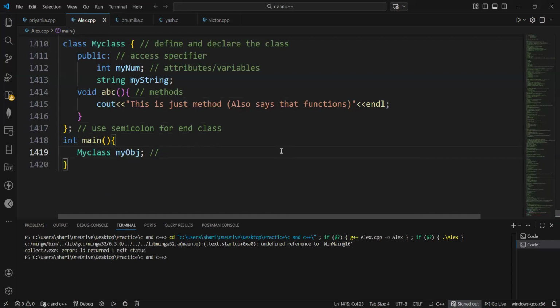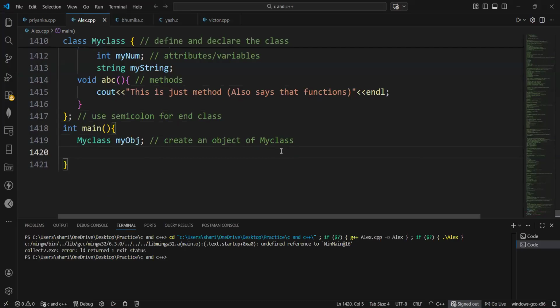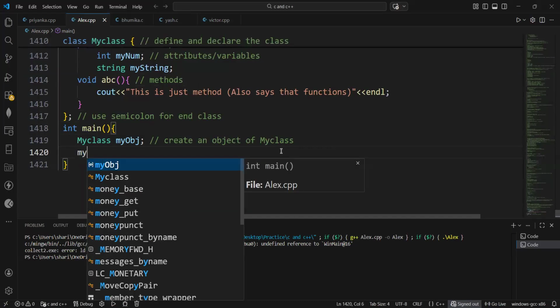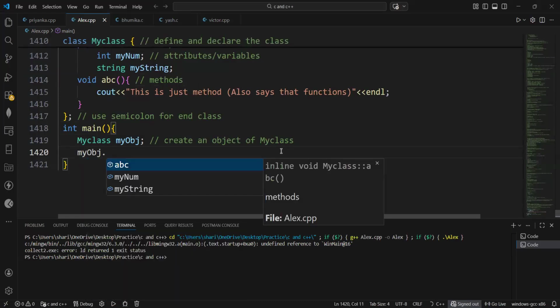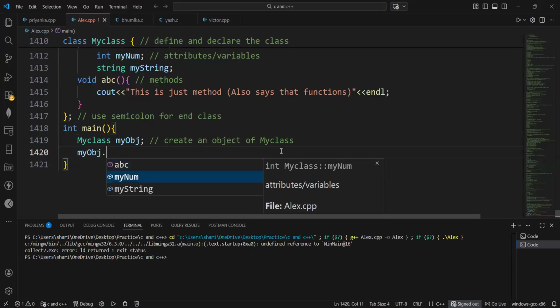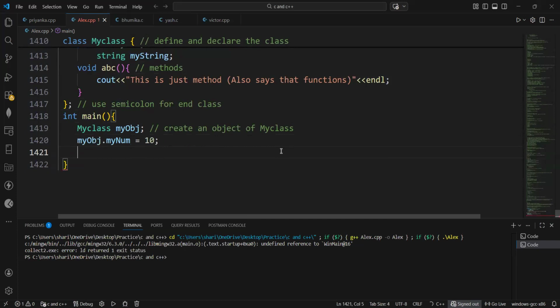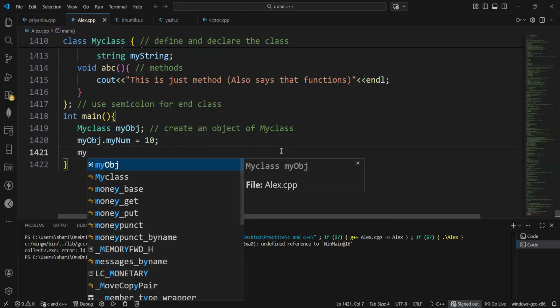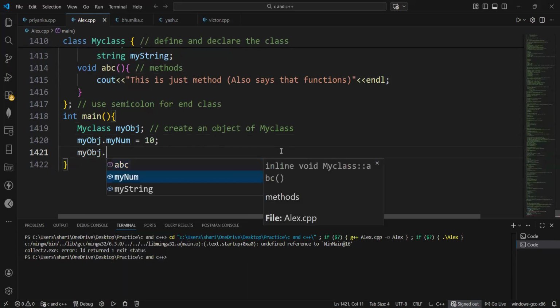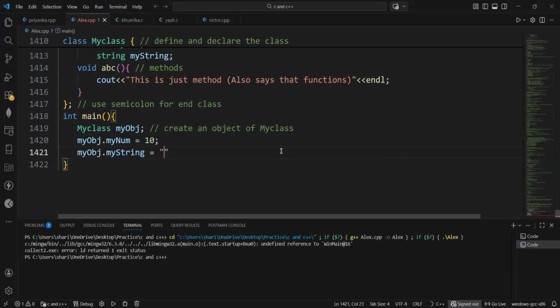Create an object of my class. Okay, so I just create here the object of my class, and I want to assign the values of my num and my string. My object is right there, and then we use dot, and then which value you want to show here is my num. I just write my num, and then right here 10, whatever value you want to write. And then again my object, and I want to write the string type values. Just my string I use here, and let's use